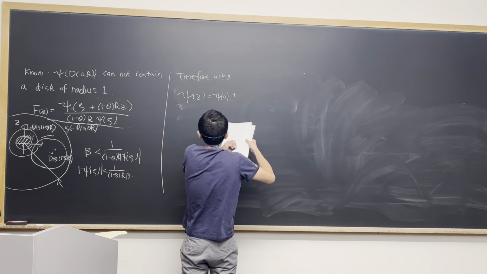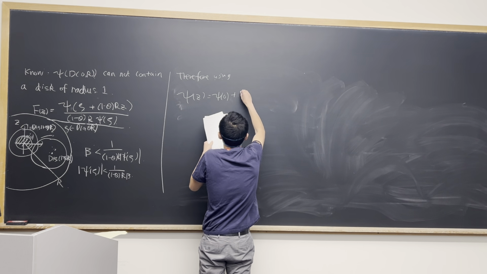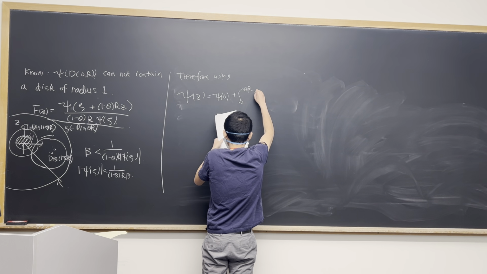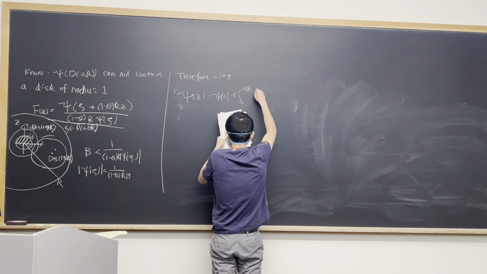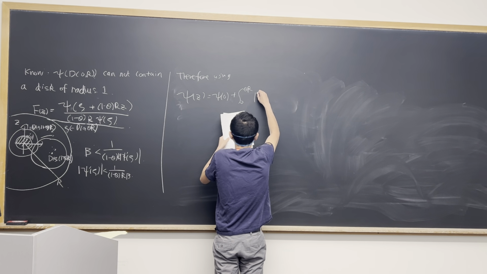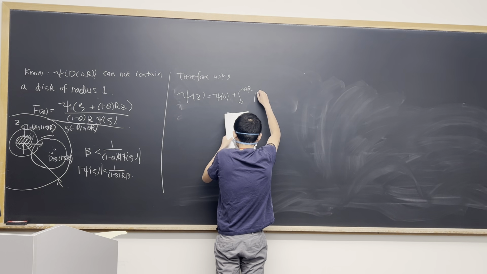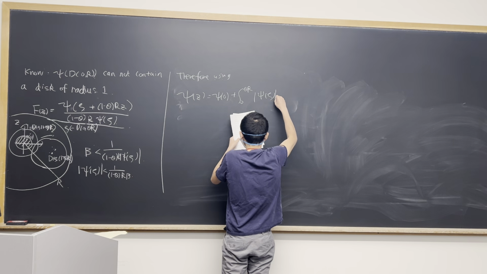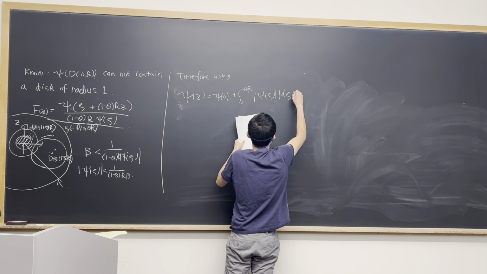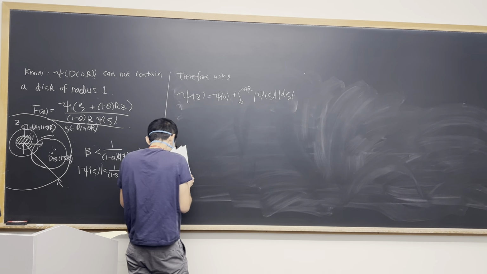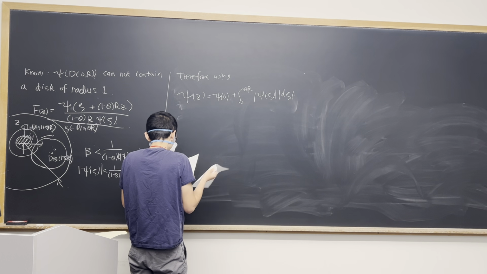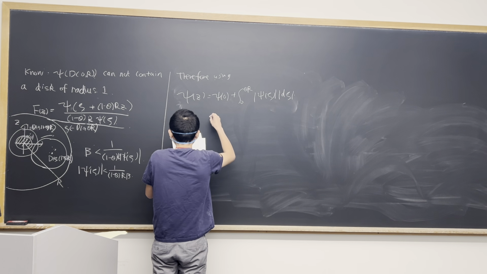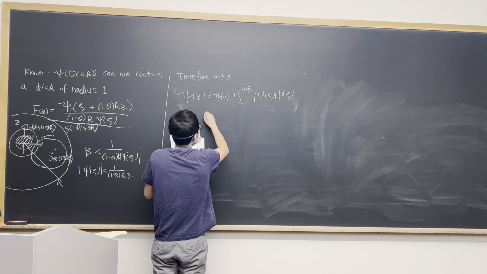So now we are allowed to find the upper bound. So remember that we have the complex integral to be less than or equal to the integral over prime beta d beta. And then this is less than or equal to